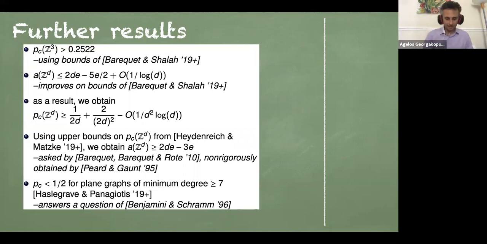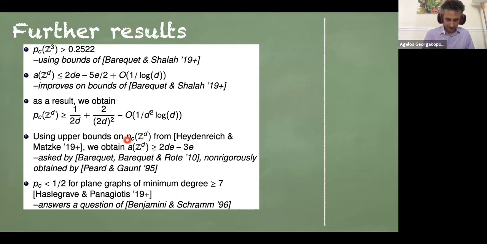So there is a very recent upper bound on polyominoes in 3 dimensions, and we use this to get this rigorous lower bound on PC in 3 dimensions. The exact value is not known in 3 dimensions. We also looked at what happens asymptotically as D goes to infinity, and we could improve some bound in the literature on the growth rate of polyominoes,